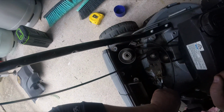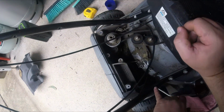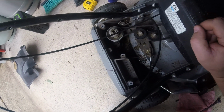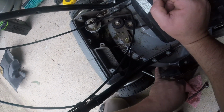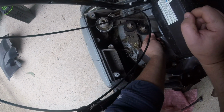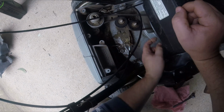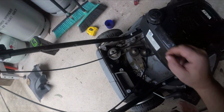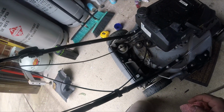Anyway, this is all generally under a dust cap, so I'm only just finding out that I've got a frog home there. There's pooled water getting in under the dust cover, and the belt, it's not bad because it's a 2-year-old belt, but it's just starting to give up. Anyway, that's a quick look at how you get